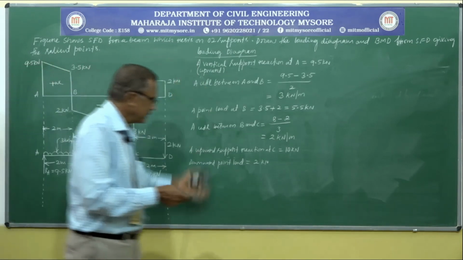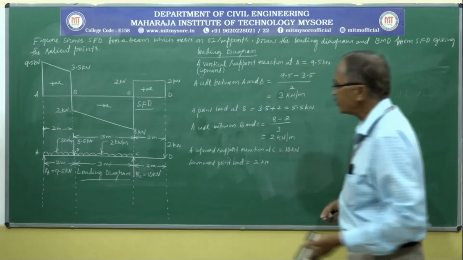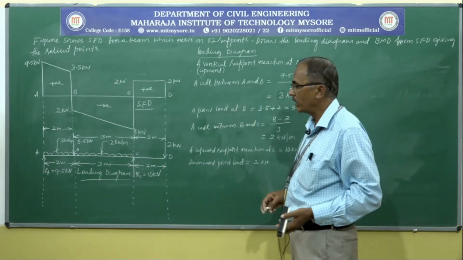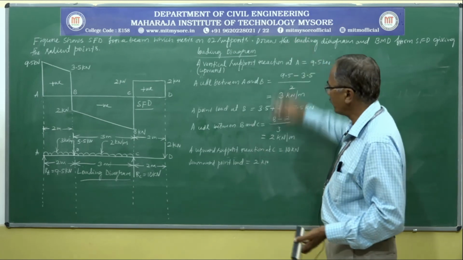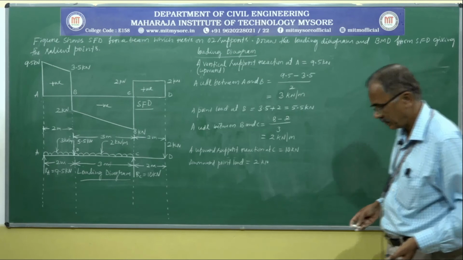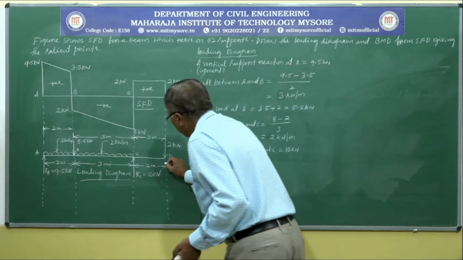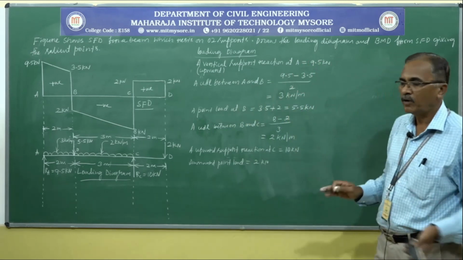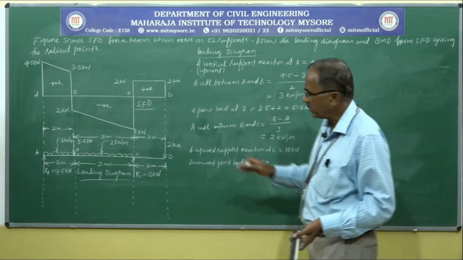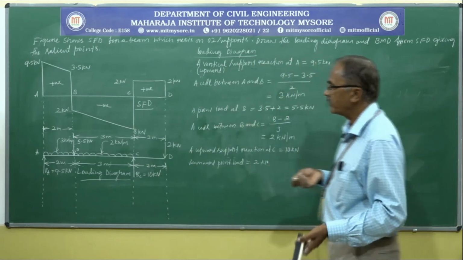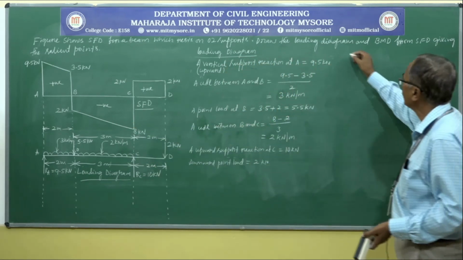So this calculation is our reference. Even without this calculation also we can directly draw the loading diagram. It's no problem. Even if it is written also no problem, it is explanatory. Now we have already solved numerical problems even tougher than this problem. Now we can calculate the bending moments at various salient points.